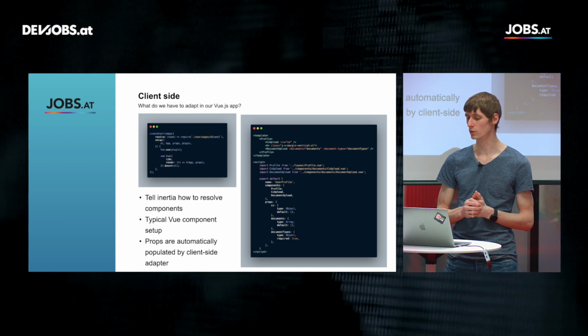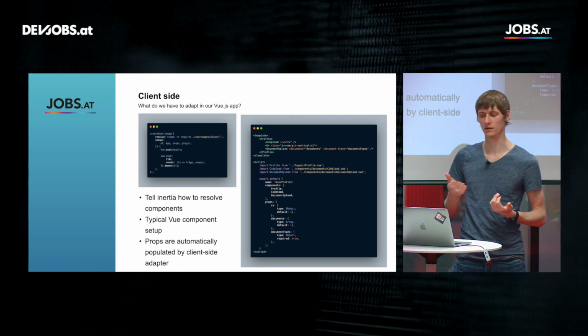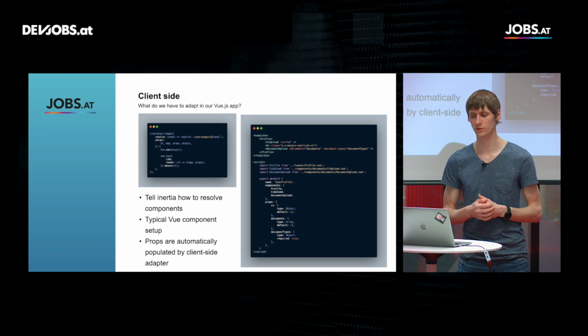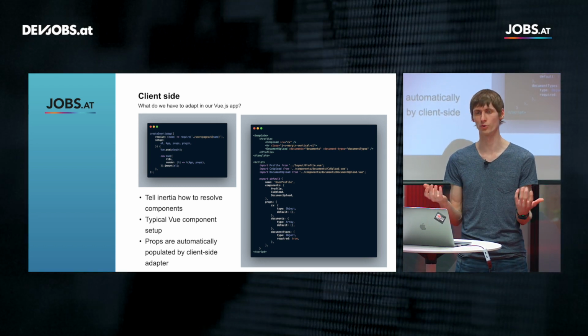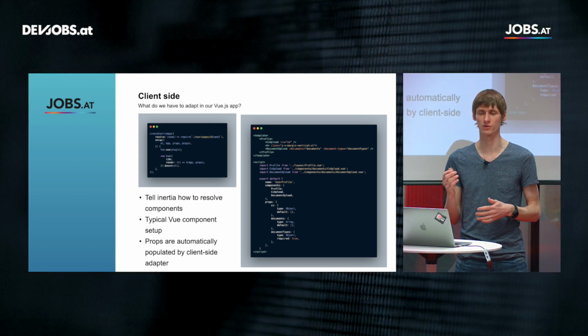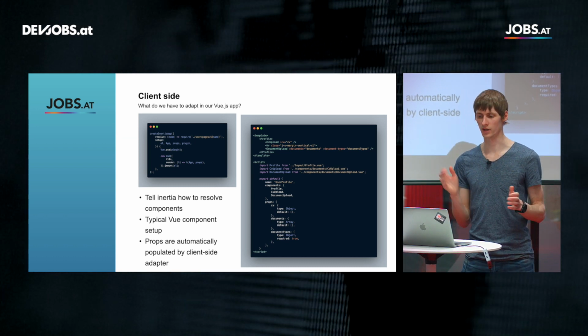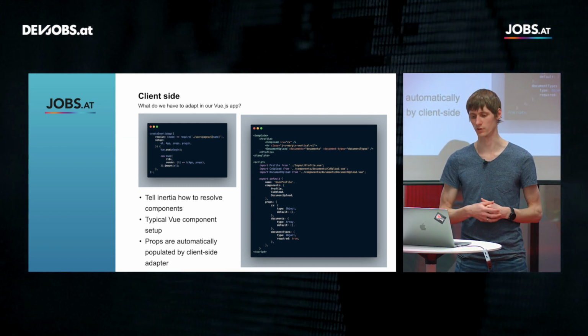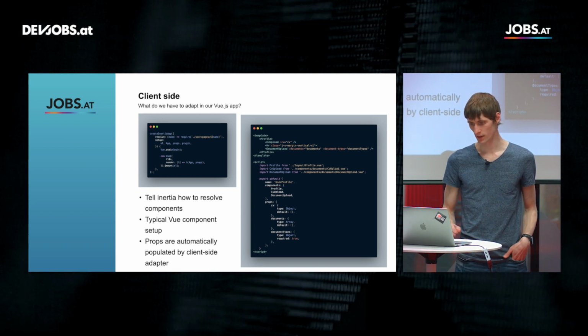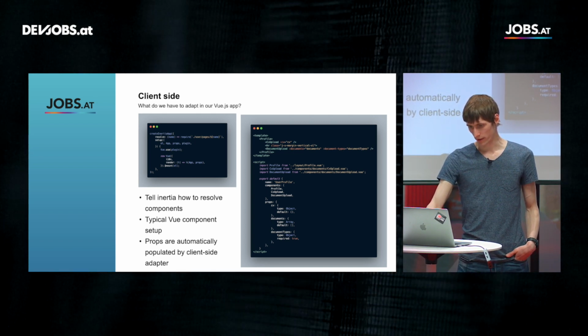And the cool thing is, usually in a typical SPA or Vue app, you would have the created hook where you load the data with XHR, then you have to handle the promise, you have to handle the errors and so on. And you can omit this here because this is done by Inertia. All right,